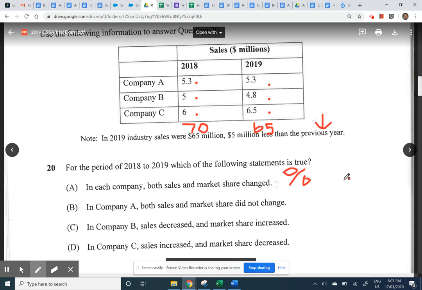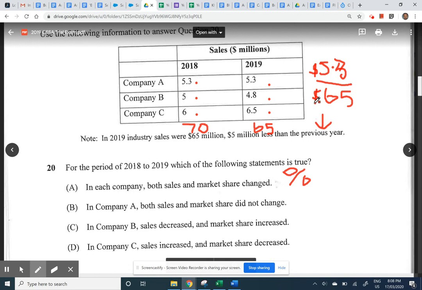And if we want to know how many sales does company A have of the total market, we would say 5.3 divided by 65. All right, because it's $5.3 million worth of sales and the total market is 65 million. So if we do those figures,